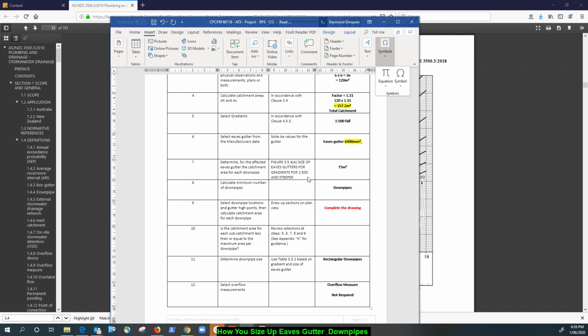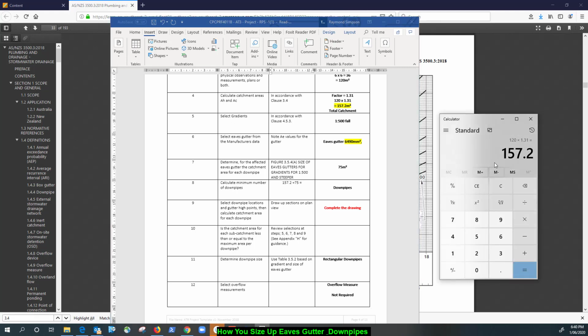And what we need to do now is work out the maximum area that can go to a downpipe. So what we need to do now is divide our catchment area, 157.2, by 75 equals. We'll work that out with our calculator: 157.2 divided by 75 gives us an answer of